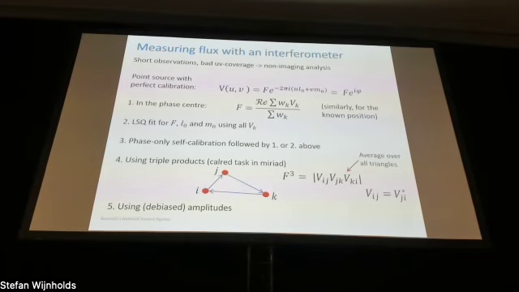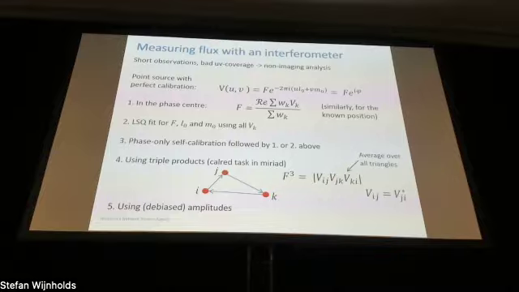The simplest way: if we know that the source is in the phase center, we can put it there with appropriate shift, and everything is perfectly calibrated, then technically the flux would be just the weighted average. And technically that's the only way to take weighting absolutely correctly. It's a kind of subtle thing, but important. If we try to use any other methods, it may be very non-trivial to take into account that all antennas are slightly different. Well, in theory, they're the same, but in practice, they're slightly different and it may be important.